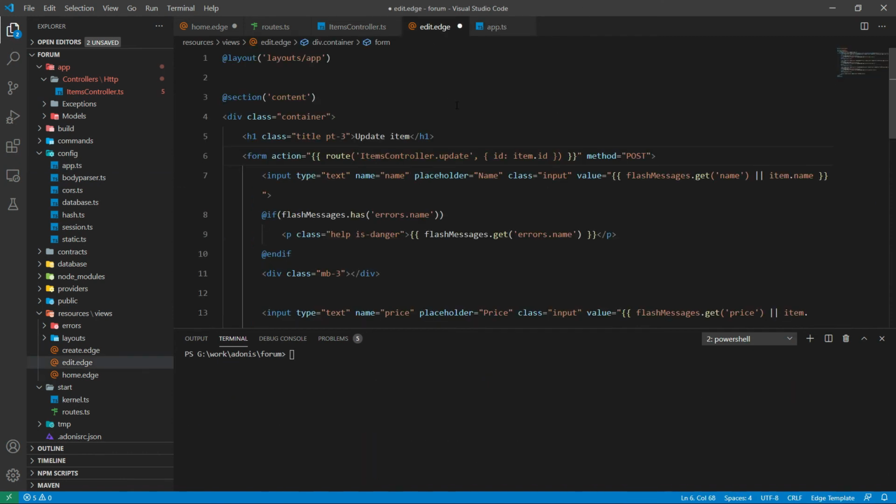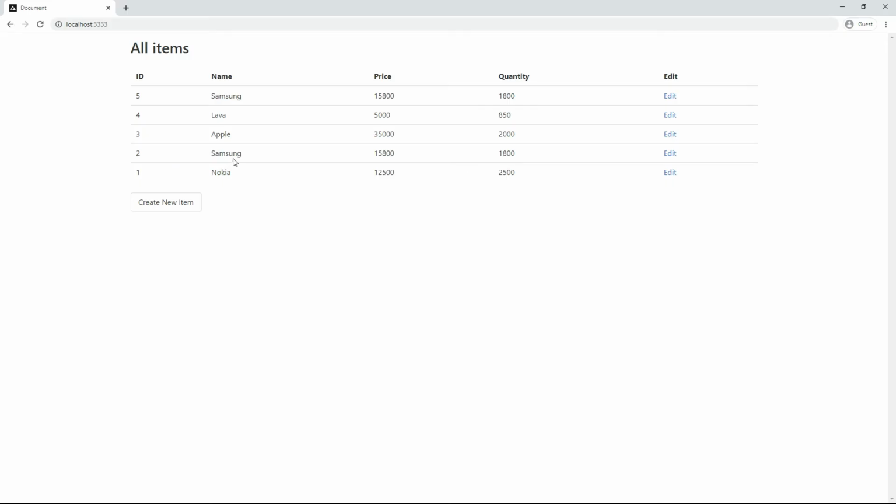So let's get back to our view. Now in order to submit a PUT request, all you need to do is concat this string after the route method. Here is our latest output. Inside the table, we have added a new column to go to the edit page. Now let's check any one of it.